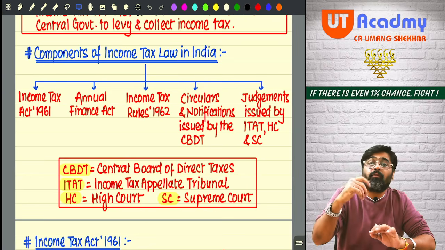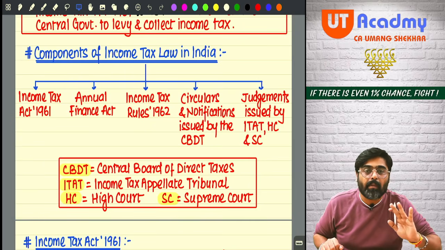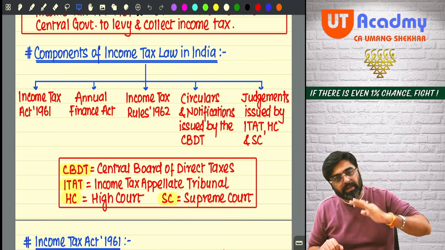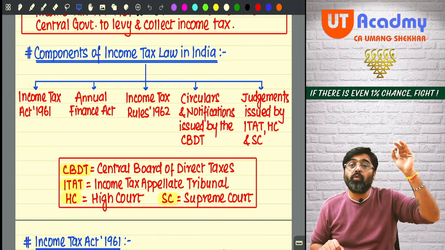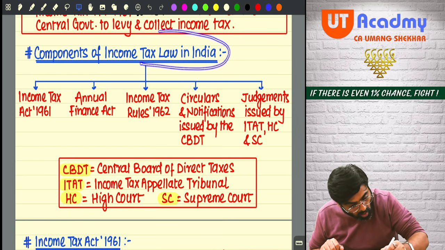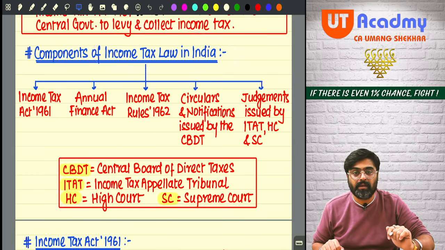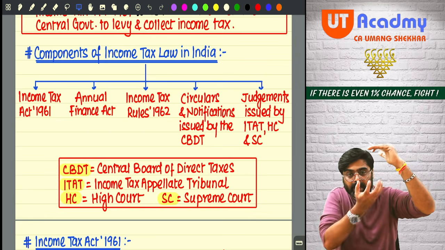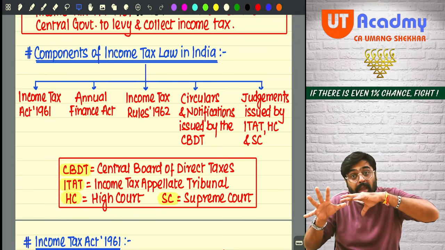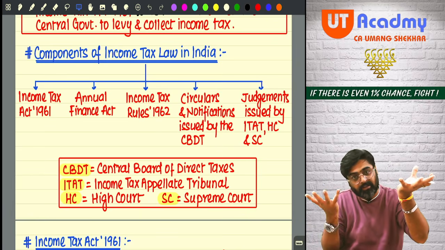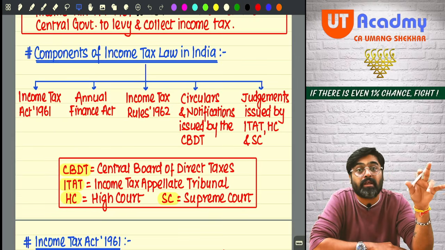Okay. So what are we supposed to study? We are supposed to study the Income Tax Act only. But if you say that you are going to study the Income Tax Act only and go for the exams, then if you want to learn income tax law in India, that income tax law in India does not have only the Income Tax Act. The Act is the major part of the income tax law in India. That is the base for income tax law. But that is not the only thing which you will be learning in income tax law.